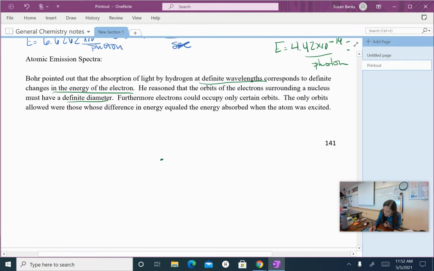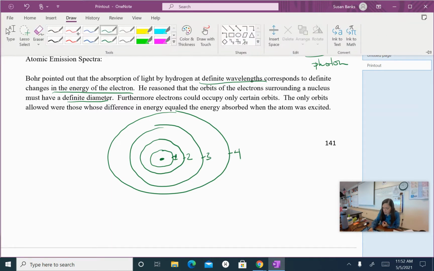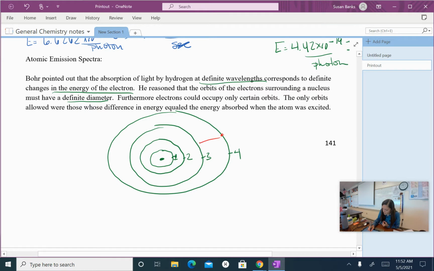So here is what Niels Bohr was thinking. If we have a nucleus in the middle, I am going to have particular orbits that go around that nucleus that give me different energy levels. So this would be energy level 1, this would be energy level 2, 3, and 4. And if I can get those electrons to jump back and forth between these different energy levels,